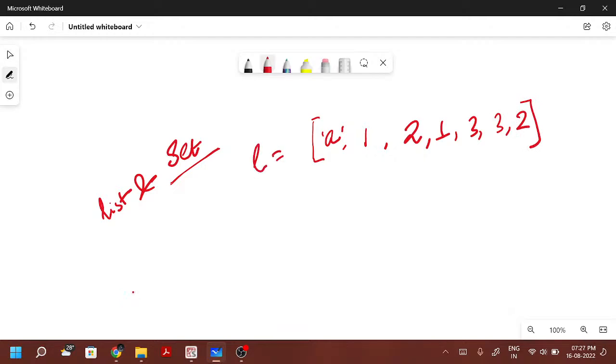So this is my list, and if I convert it to a set,